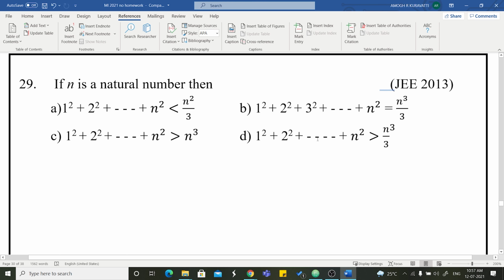Yes. Next question. JEE-2013. N is a natural number. Then which of the following is the right option? Look at which is the right option. So, very simple. What should we do? If you take n is equal to 1,